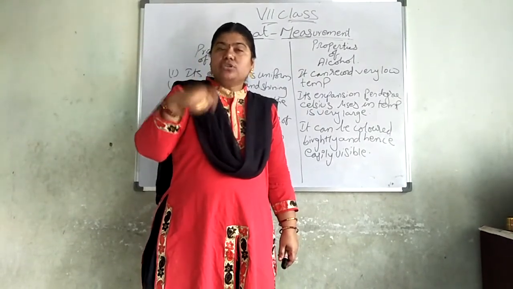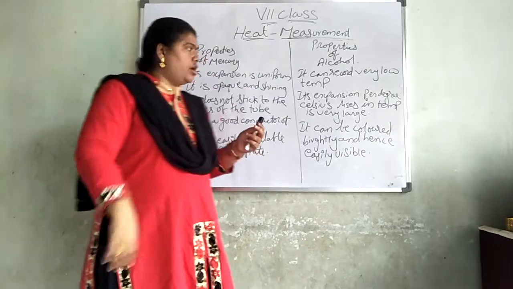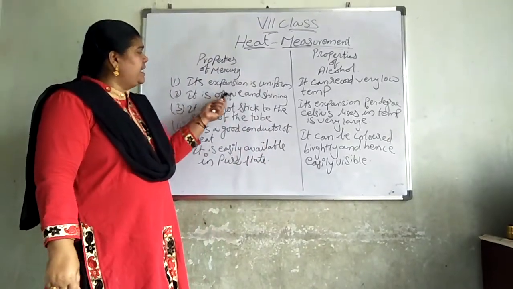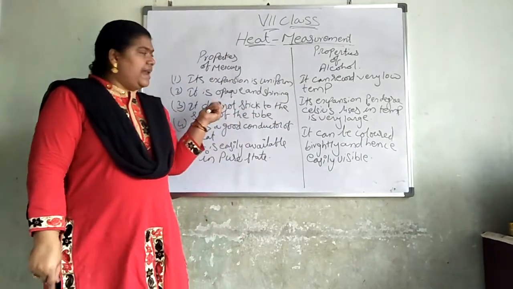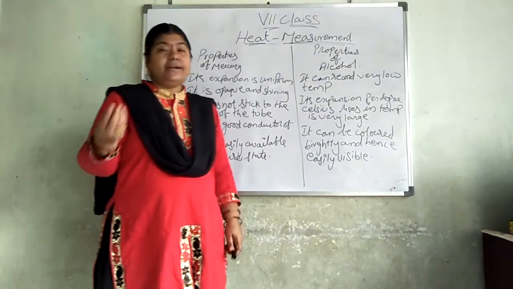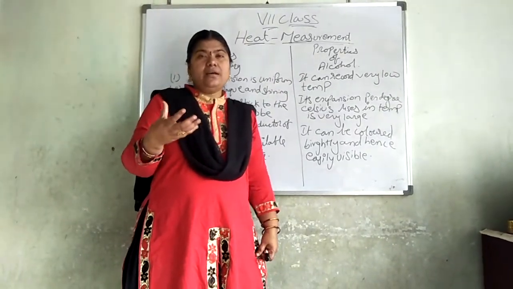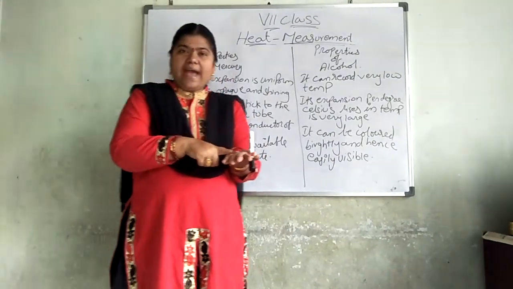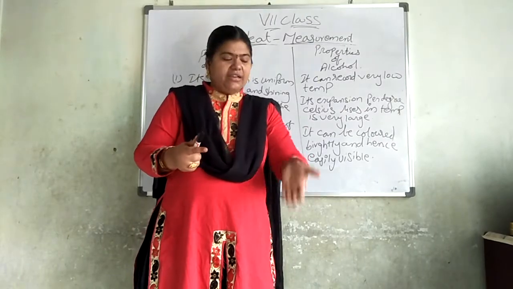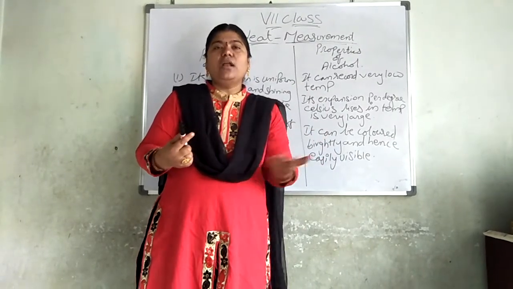What I have to do, I have to jerk that one to come to the normal position. Then it is opaque and shiny. We know that opaque means the light rays cannot pass through them, and already I told you it is grey in color, very shiny and very slippery. If you try to hold that in your hand, it will never stick to your hand. It will just move like a ball in our hand.